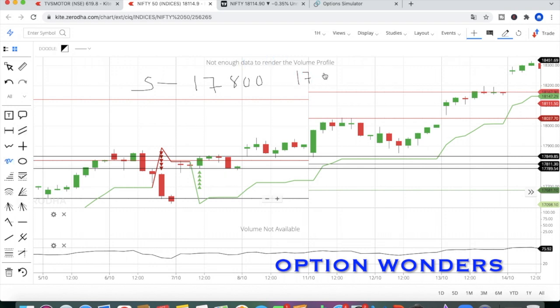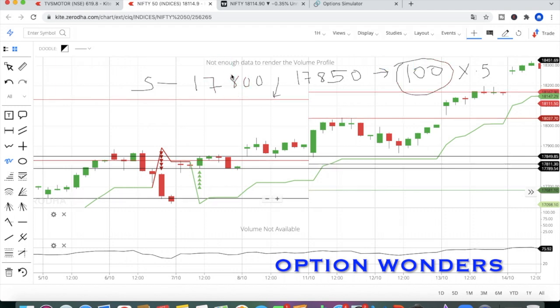One more thing you have to note: there should be a minimum 100 points difference. Here in this case we have only 50 points. The minimum difference should be 100 points, because the market will move 100 points here and there, so there should be a minimum of 100 points difference between the spot price and the strike price which we are selecting. Either you can include this 100 into the delta premium, so 0.5 delta, or else you can make this